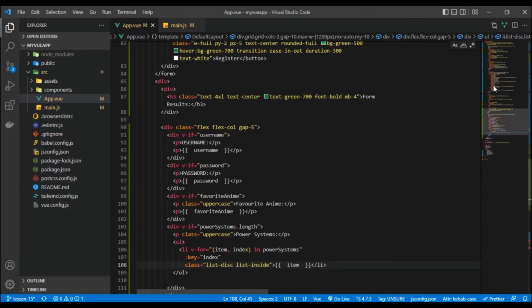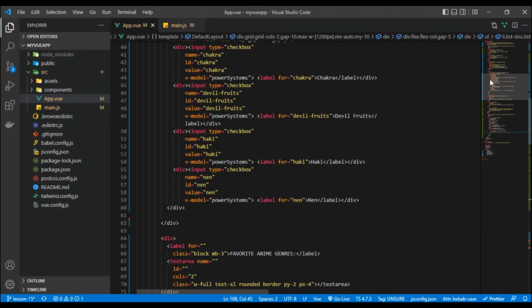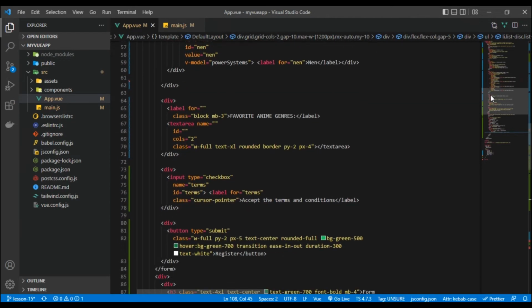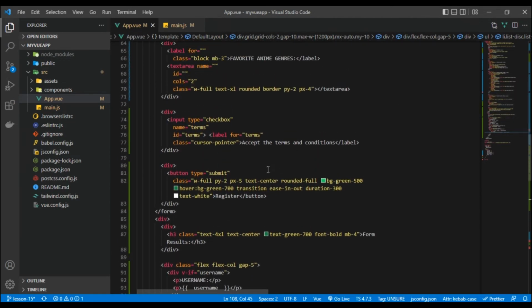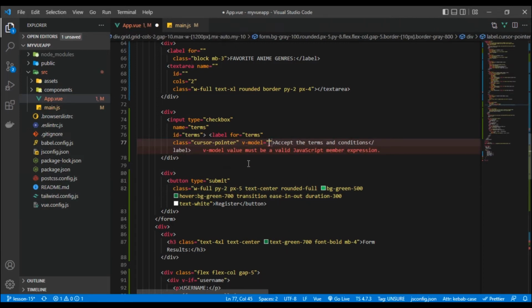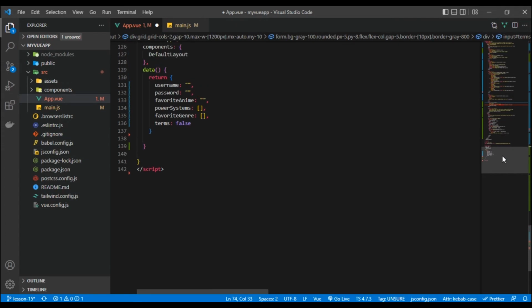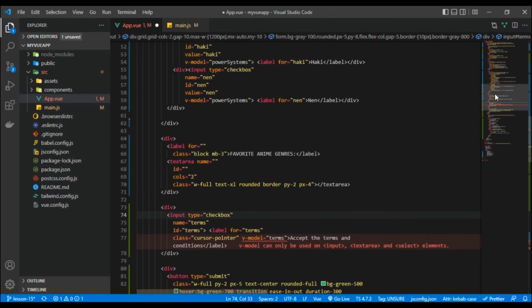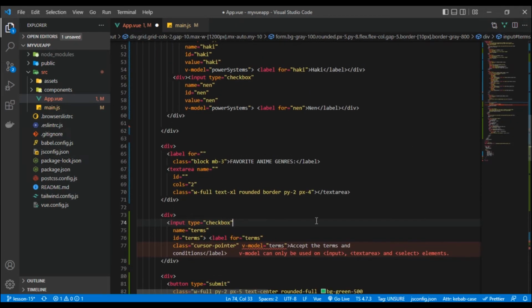So the first thing I'm going to do is, where is it? This particular terms here, let's just quickly bind it. We should know that we are almost done with our task. And what I'm going to do is I'm going to also say v-model, and that is going to be equal to terms. Okay, let's check that it's terms, right? All right, so v-model is going to be equal to